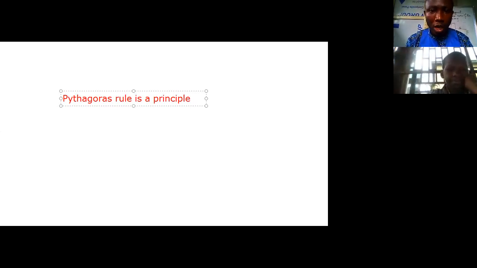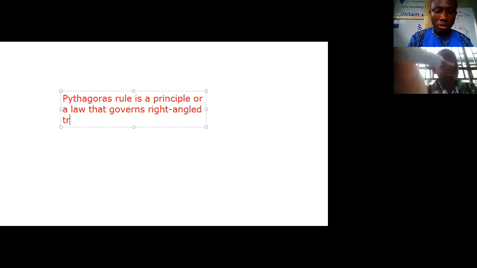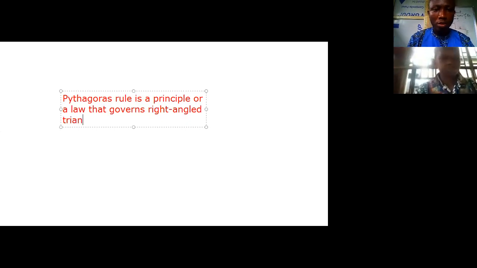So Pythagoras rule is a principle or a law that governs right angled triangles. It states that